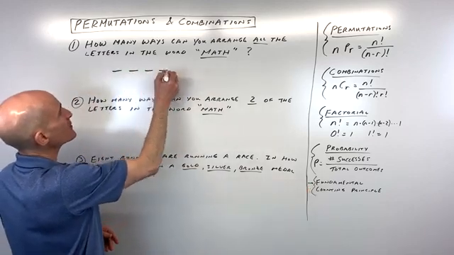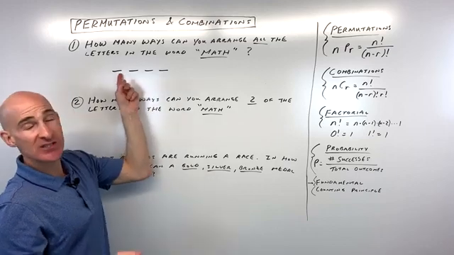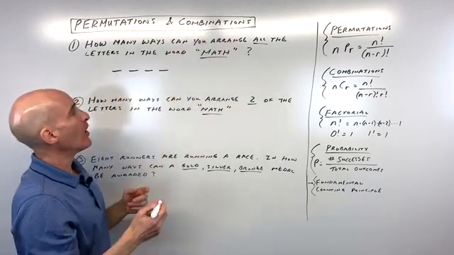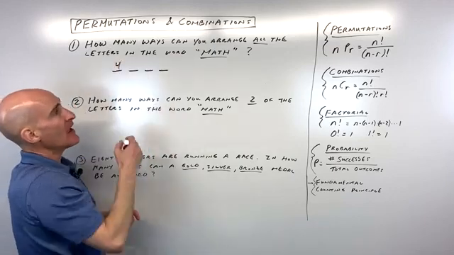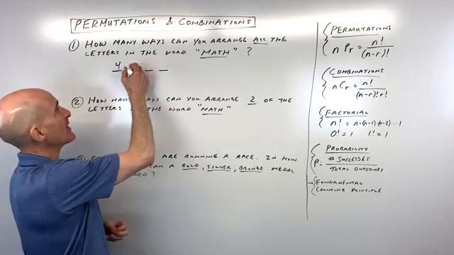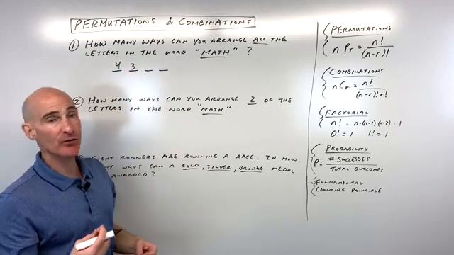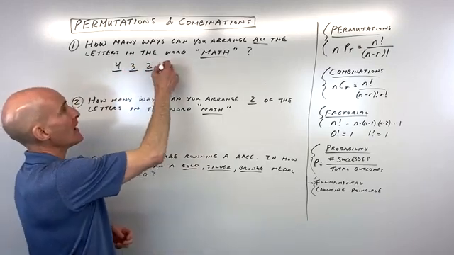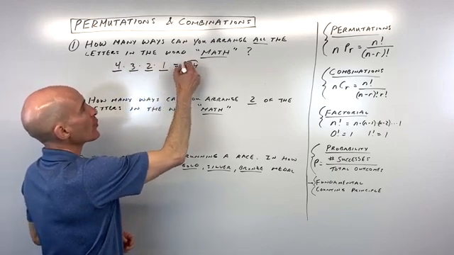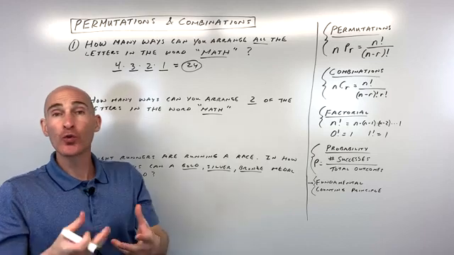You'd say, there's 4 letters. How many choices are there for the first letter? So imagine if you were picking these letters out of a bag. Well, there would be 4 choices, right? And then once you pick one of the letters, there's going to be 3 left. So you're going to have 3 possibilities for that second letter that you pick for the word. 2 and then 1. And if you multiply those together, you're going to get 24 different so-called words involving the